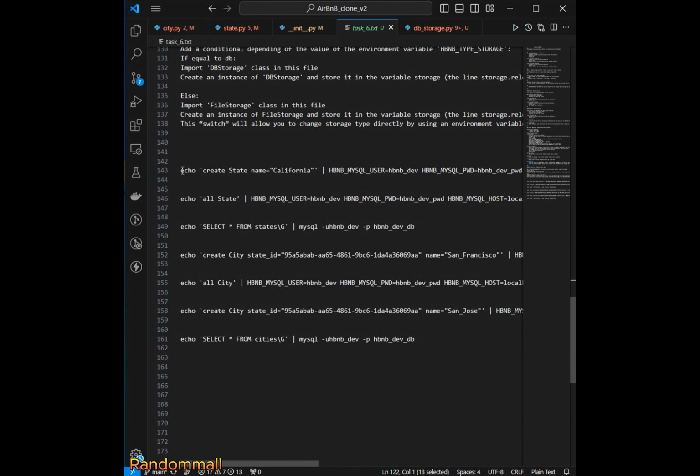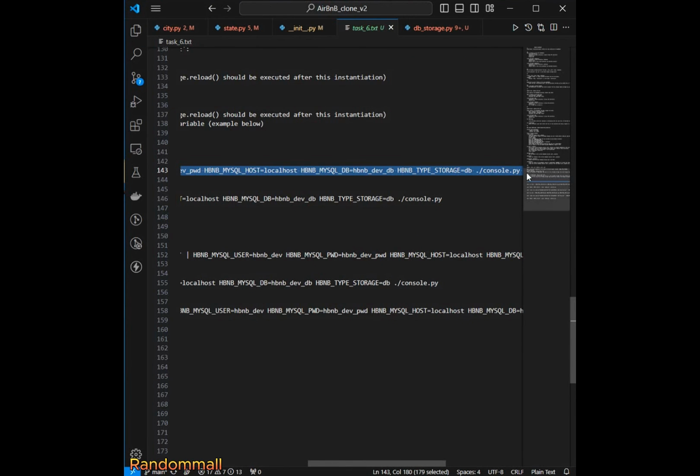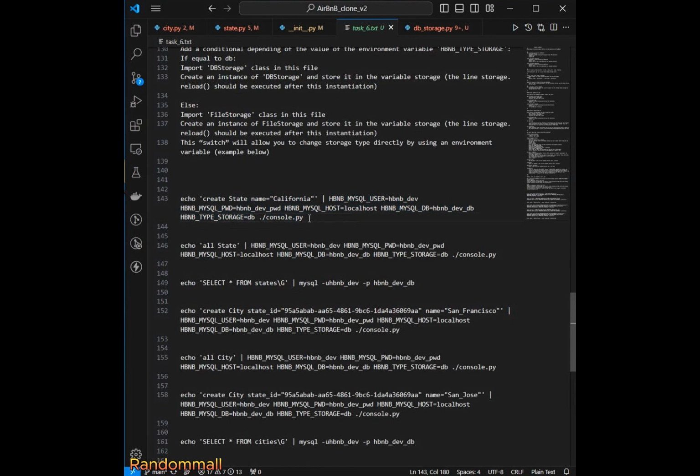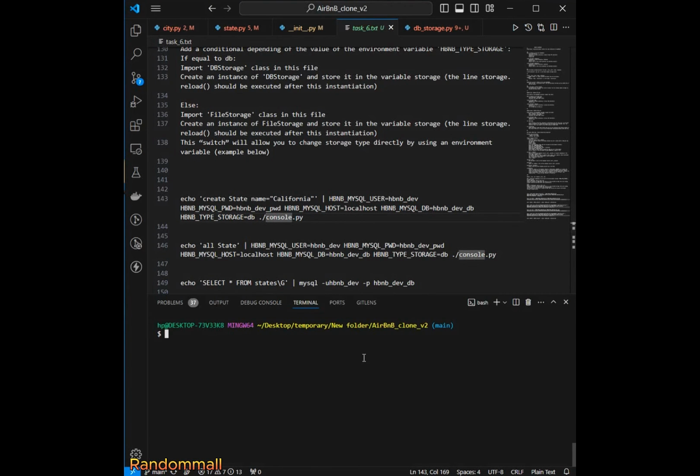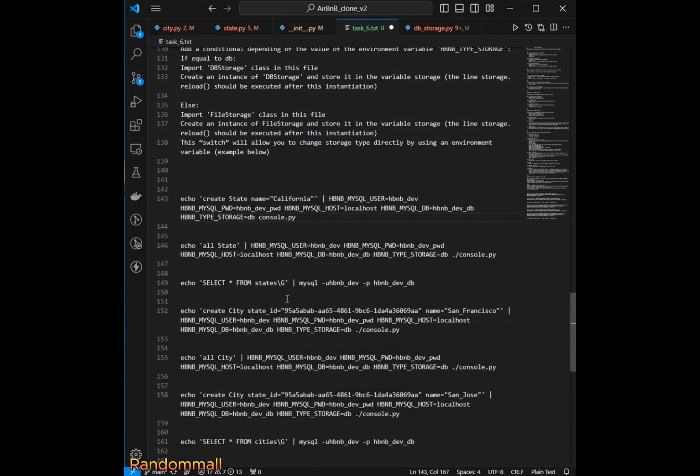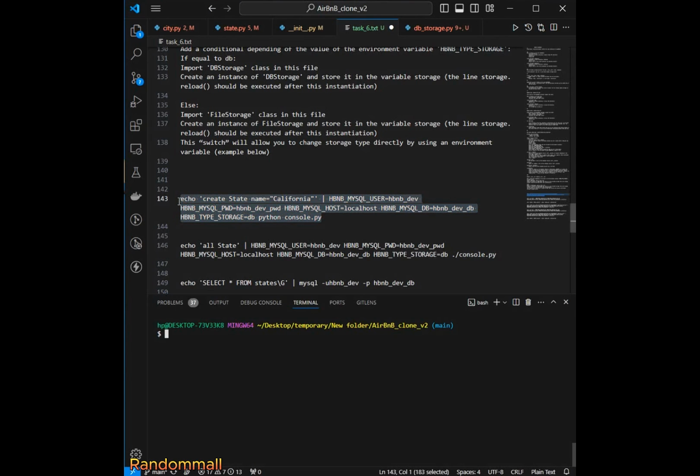So I'm going to copy this line, because I'm using Git Bash this is not going to work for me, so I will say python. Here we are setting the type of storage as db, which means this is going to be a database operation. So if I copy this and run this,